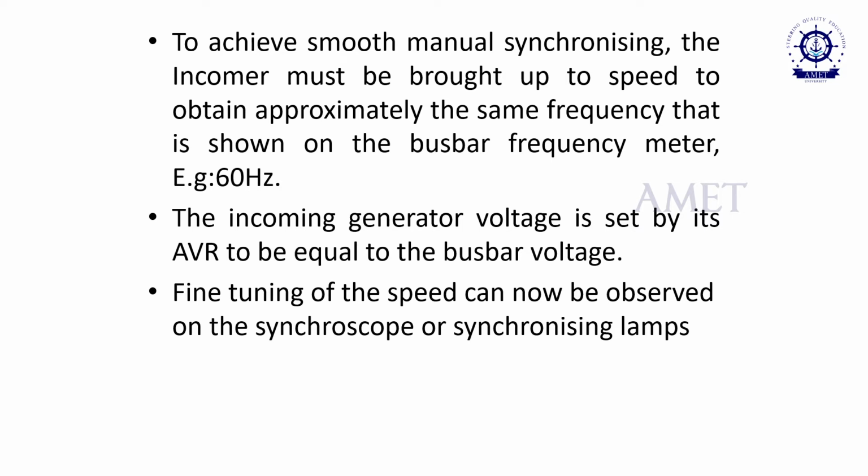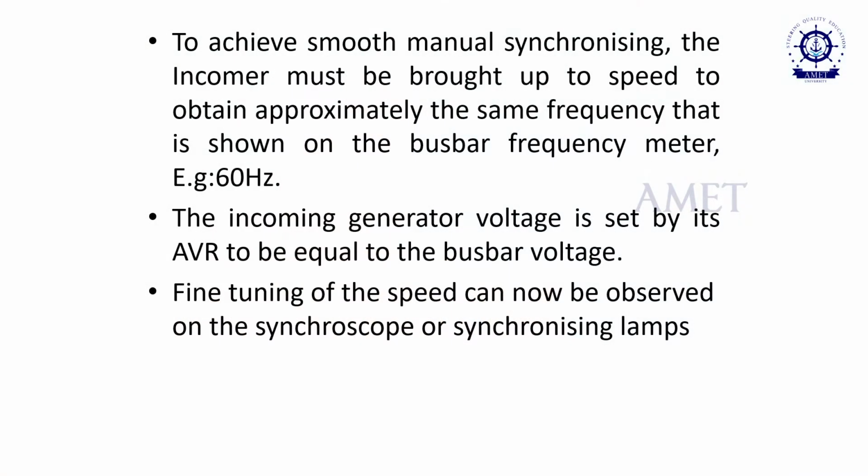Whether the 2 generators are running with the proper same frequency, all those things, that is called synchronizing. The incomer must be brought to the speed of the already running generator. The first generator, that is the main generator, will be running at one speed, so the incoming generator also has to be run at the same speed. This condition can be checked with the help of the synchroscope.